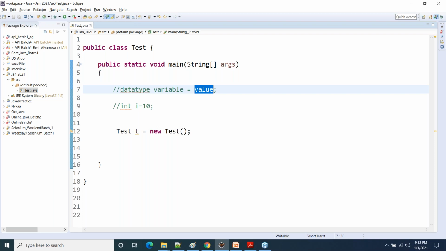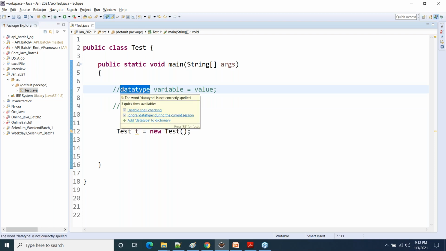If they are not matching, if they are not compatible, you will not be able to store the value into a variable. A value will certainly have a type, like 10 is of type int. If you have the value 10.5, decimal values are double in nature. So a value will have a type, but how do we define the type of the variable? We define it by defining the data type of the variable.